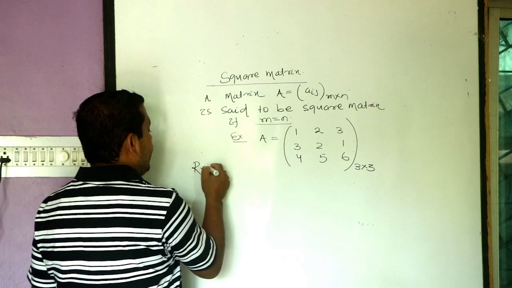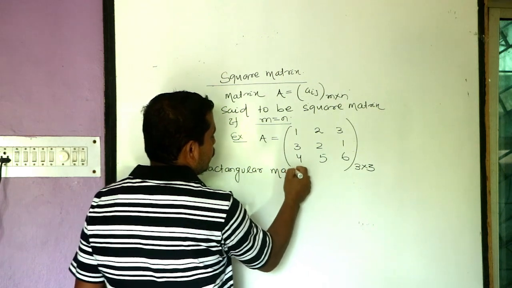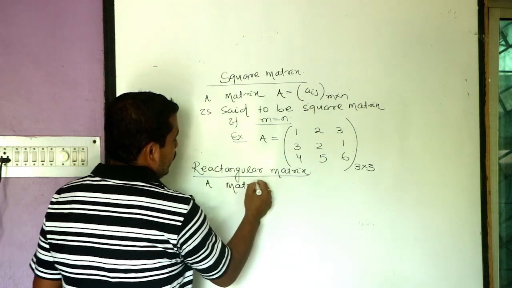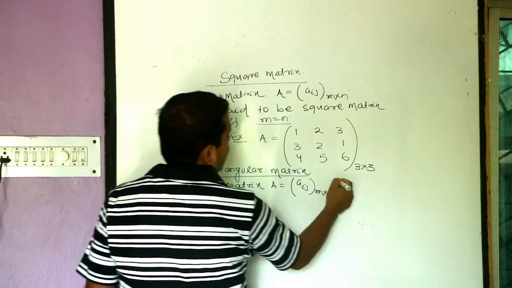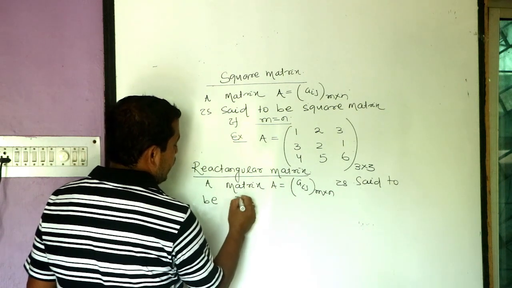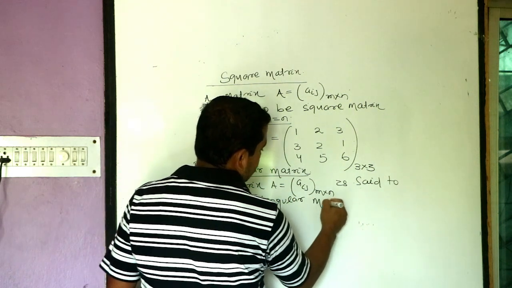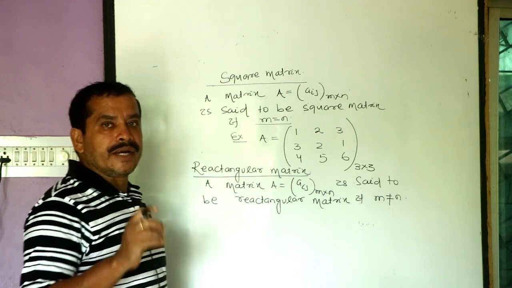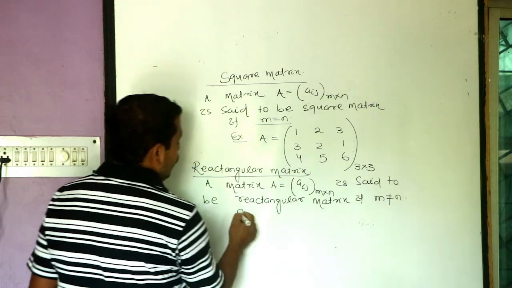Then it is a rectangular matrix. A matrix A represented as Aij of order m cross n is said to be a rectangular matrix if m not equal to n. If the number of rows and number of columns are not the same, then it is said to be a rectangular matrix. For example,